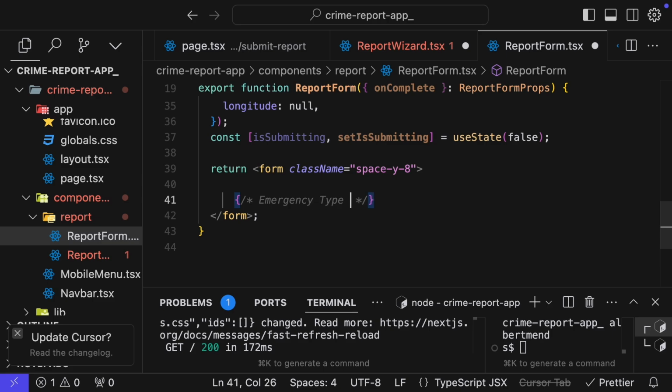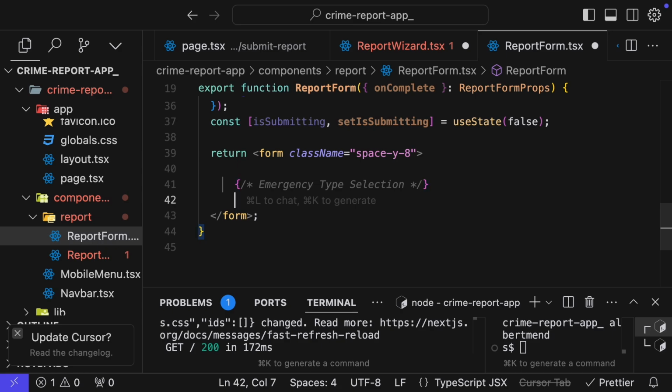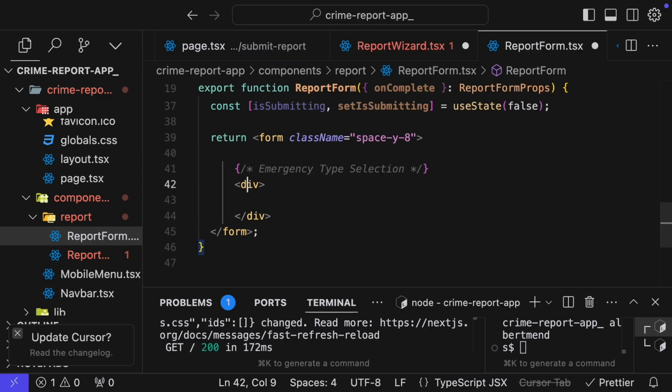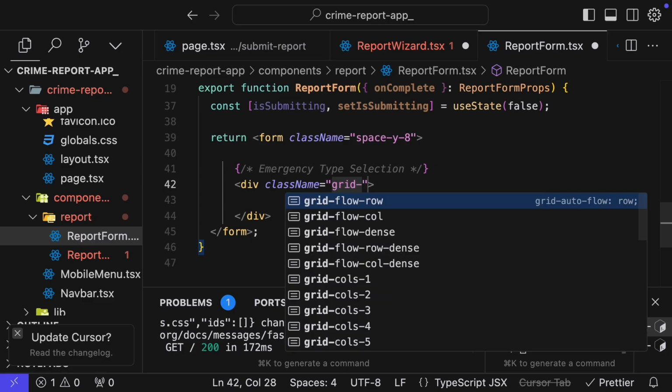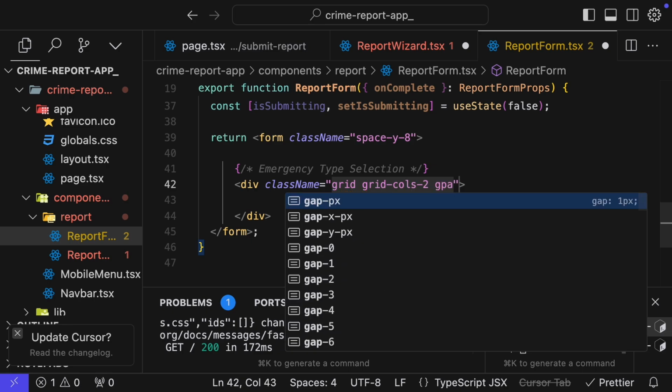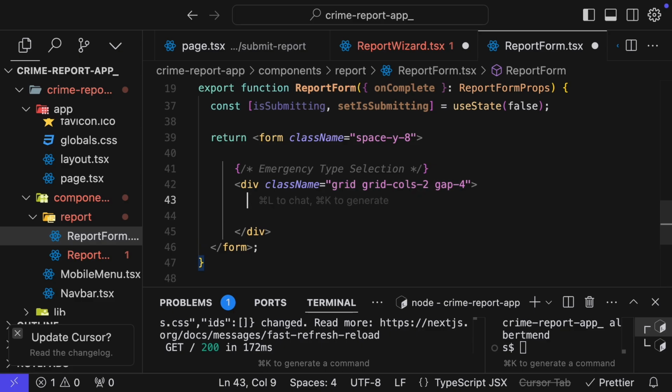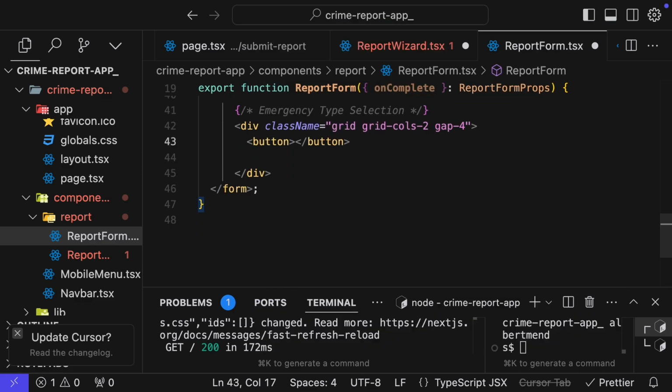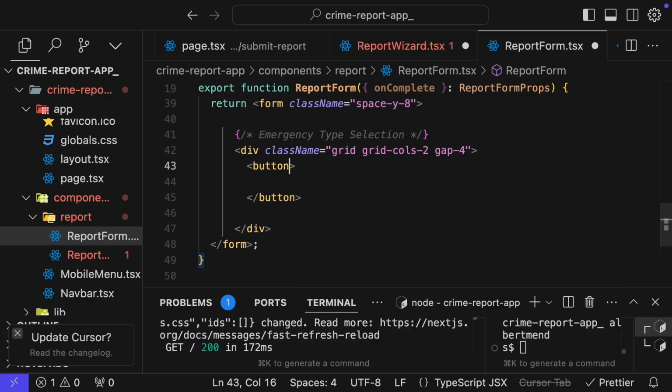Emergency type selection. We have a div, provide it with class name. So we have grid cols 2, calls 2. The gap should be 4. We create a button, the type button, and then we have an